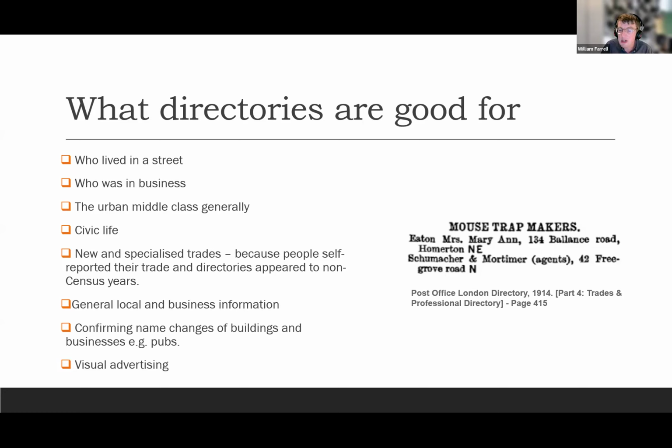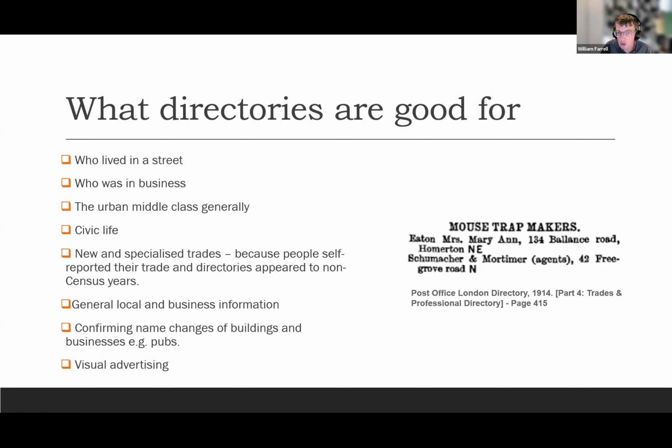And that can help you if you do know something about an ancestor's line of work. Also, if you are interested in business and economic history, they're quite good at that. So when electricity came out in the late 19th century, lots and lots of new occupations and businesses emerged. The same thing is true with the spread of gas when municipal gas came out. And the directories are very good at reflecting how quickly different occupations emerged from technological changes.